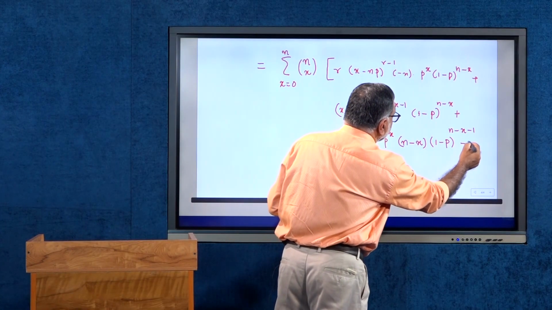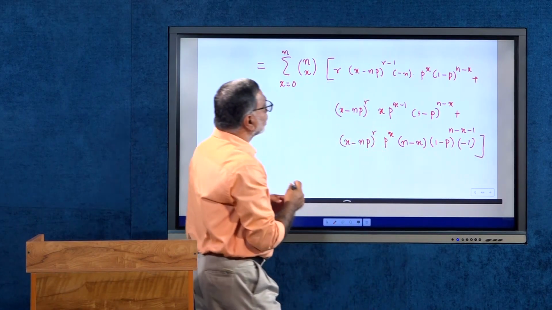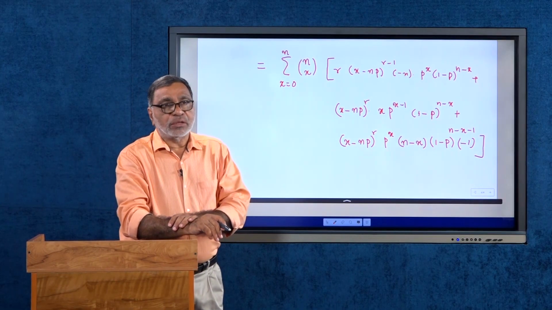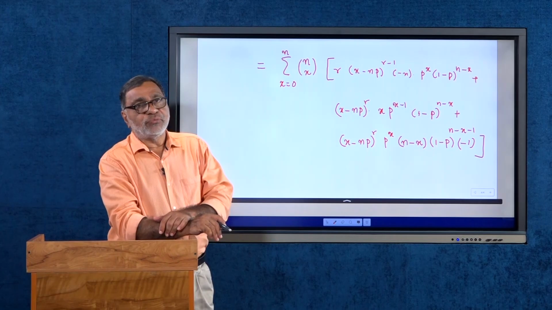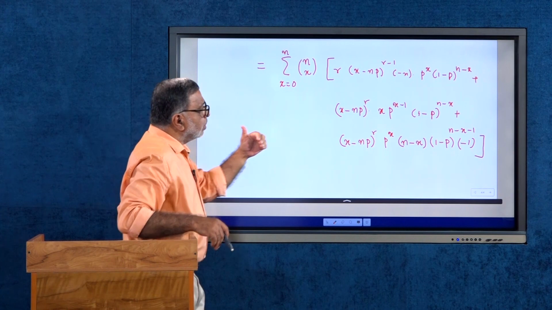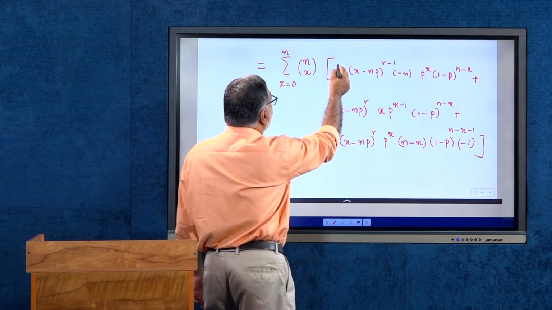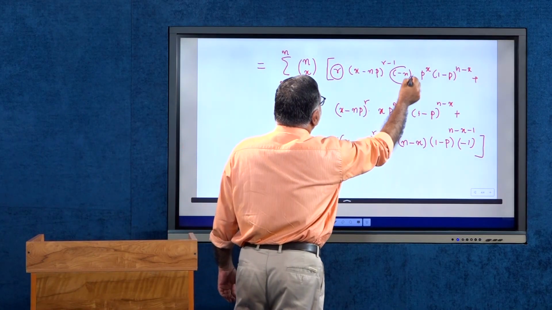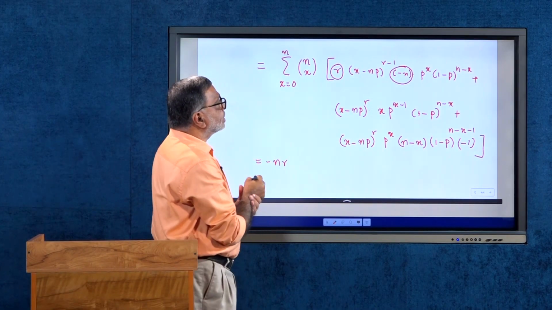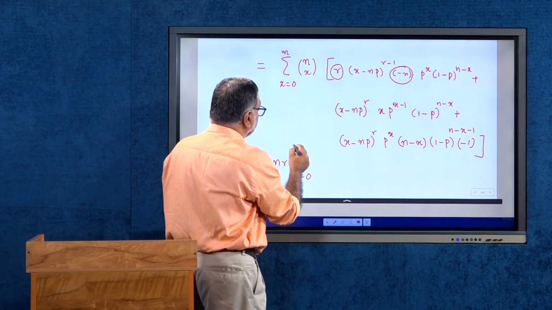Derivative of minus p, that is minus 1. Close the bracket. So, that is the derivative of mu r with respect to p. Then we are combining some factors, and that gives us the first expression. See, this r and minus r is taken outside of the summation sign. So, that becomes minus nr sigma over x is equal to 0 to n